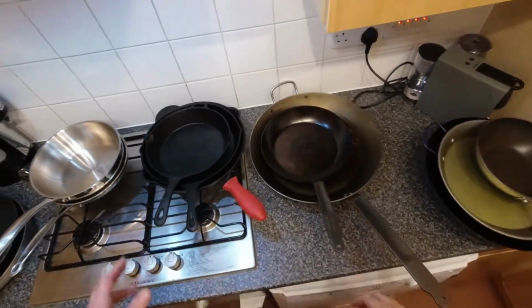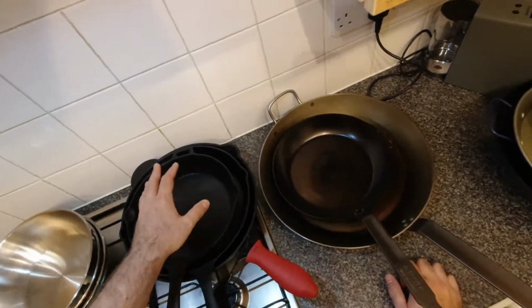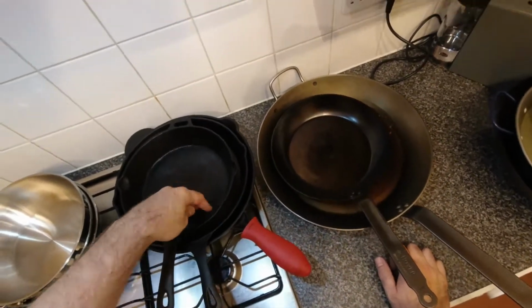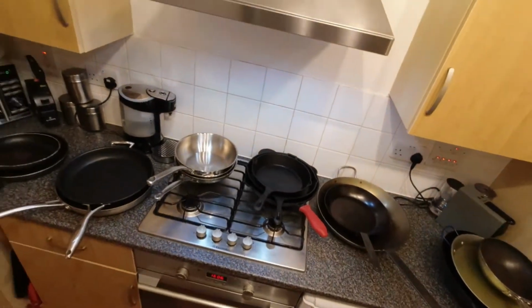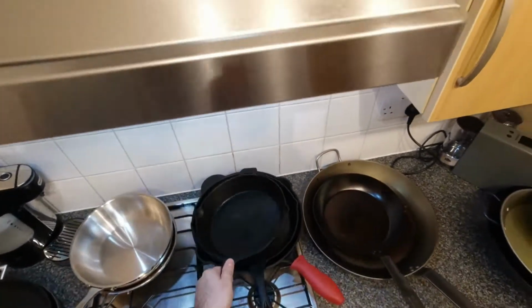Neither will go in the dishwasher. They're always washed by hand. There's also a rule that you can't ever use soap on cast iron. Back in the day, like in the old Wild West and the frontier, you'd have to build up